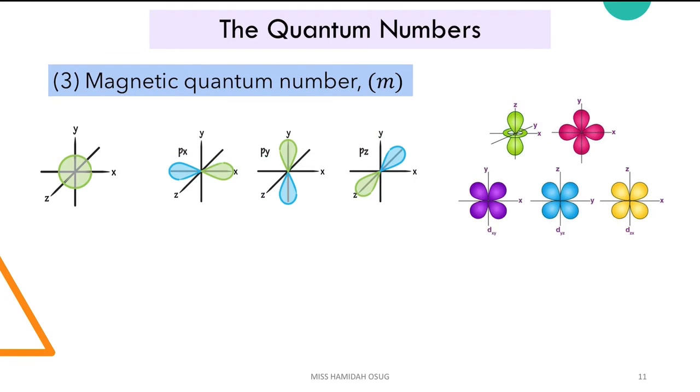The diagram in these slides will show the s orbital, p orbital, and d orbital. So let's take a look at s orbital first. S orbital is when L is equal to 0. So when L is equal to 0, the value of m is 0. And there is only one digit when m equals 0, meaning to say there is only one arrangement for the s orbital.